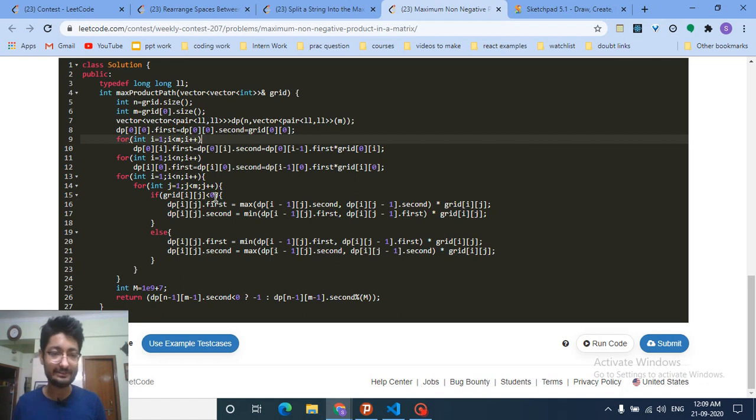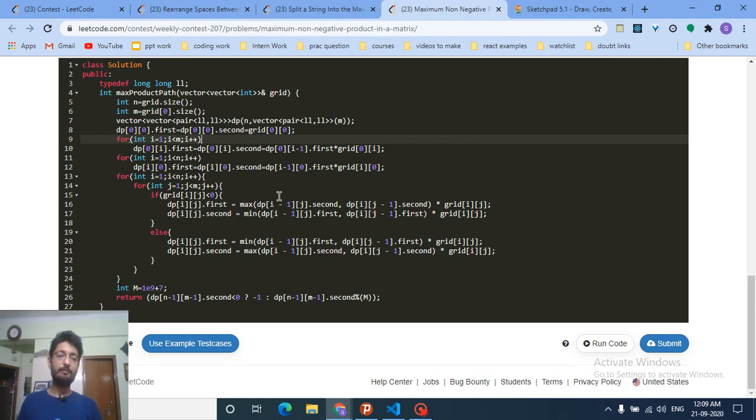For this negative value, if I want to update my dp of i, this is the maximum value till now, and because the grid value is negative, I will find the smallest value from the left and the top, and the smallest value is stored in the first value of the dp state. So the dp state on the left and top first value stores the minimum value. I will multiply the minimum value with the grid value, because this is negative and this is also some very small number, and I have to find the minimum among them. And the same I have to do for the maximum. It's just the reciprocal of this, because now my grid point is negative.